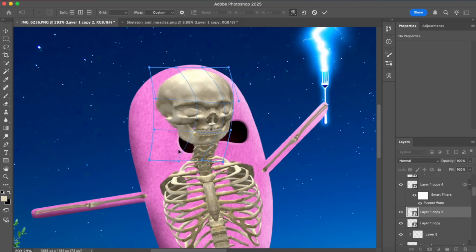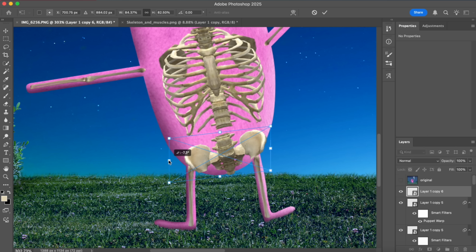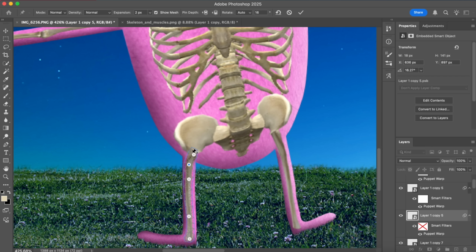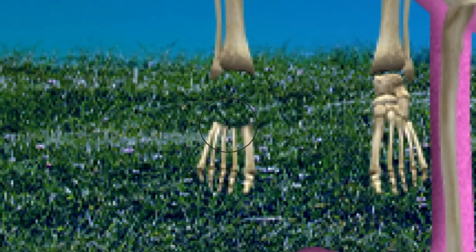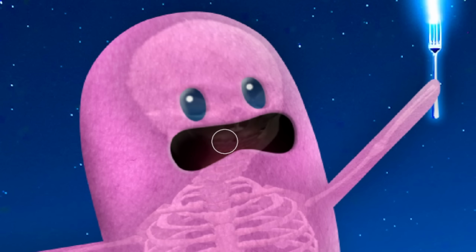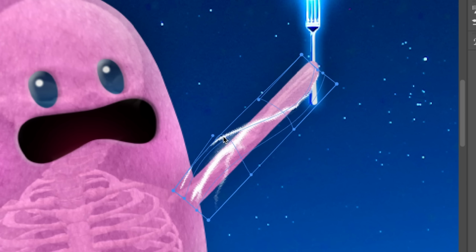I'll warp the skull to match the face, and then give him some hip bones to connect the legs, which we'll also do to the arms. I'm also going to give him some feet as well. I'll change the opacity of the bones and remove them from the mouth, but now I'll go around the character